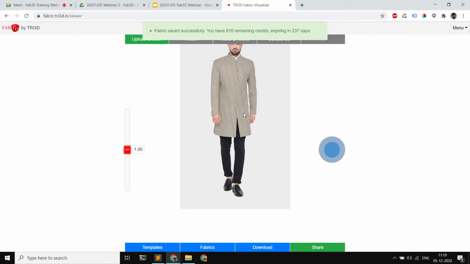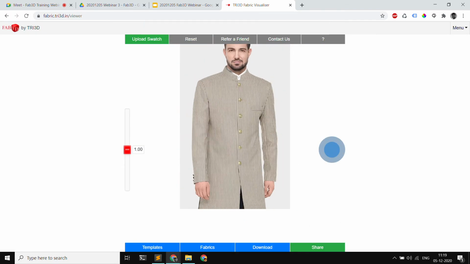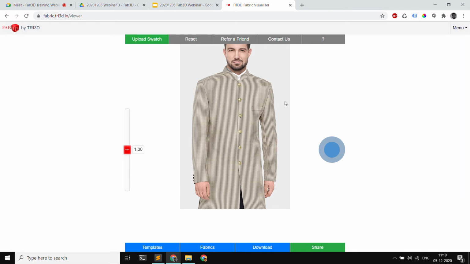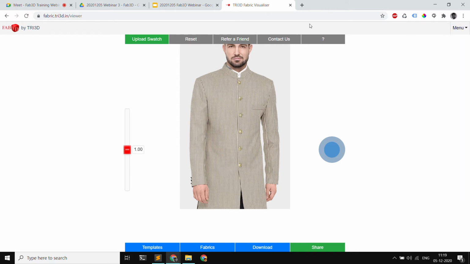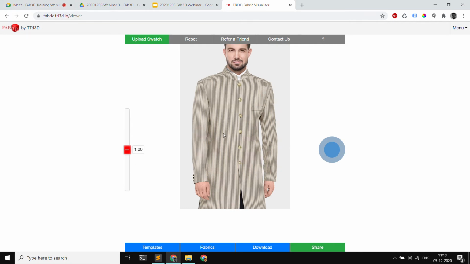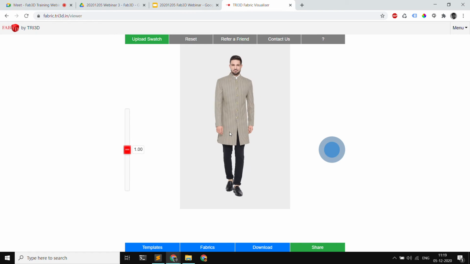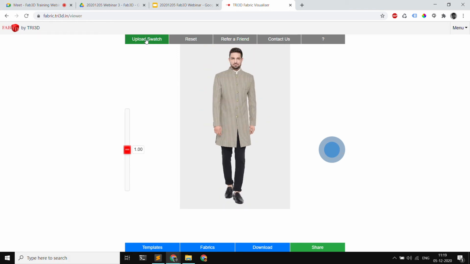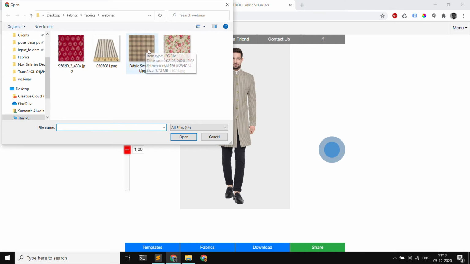Now all the fabrics that are going to get saved to our account. Here I'm logged into my account using my email ID and phone number. Now let's say tomorrow, if at all I have an iPad, I log in to the same fabric.try3d.in using my iPad, then I'm going to see all those fabrics in my iPad as well, or even the phone. So this works on phone, on iPad, or a computer, everywhere. Okay, so I'm going to go ahead and do another fabric like a checks pattern like this.